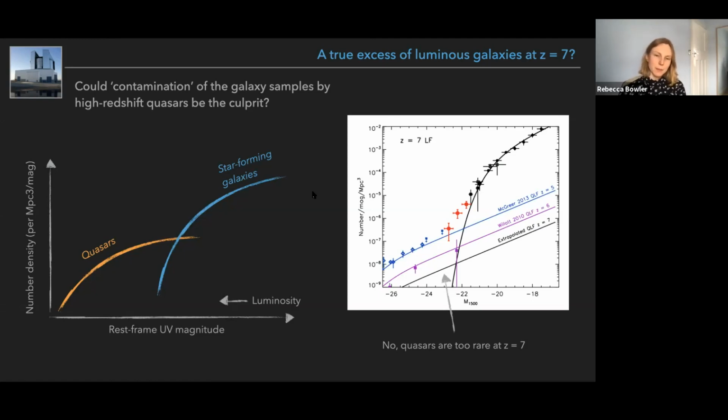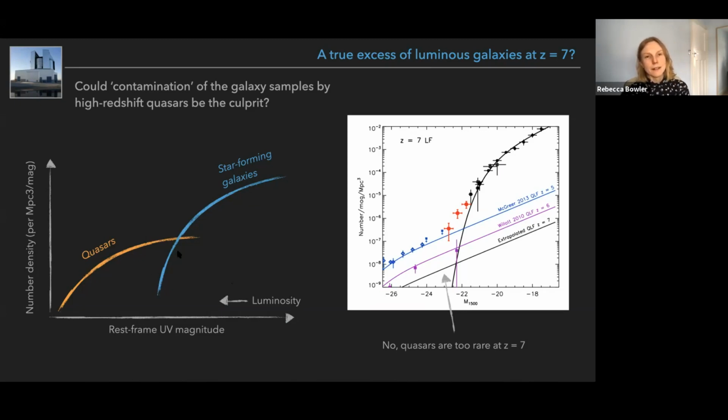So the reason why this can be a problem is that if you look at lower redshift, the star-forming galaxy luminosity function looks something like this, as I've shown you several times before, in blue. But the quasar luminosity function, so these are galaxies, but where the light is dominated by the accreting black hole. These are very rare and very luminous, and so what you see is this orange luminosity function here. So you see it's a similar shape to the star-forming galaxies, but it's shifted down because they're very rare, and to the left because they're very luminous.